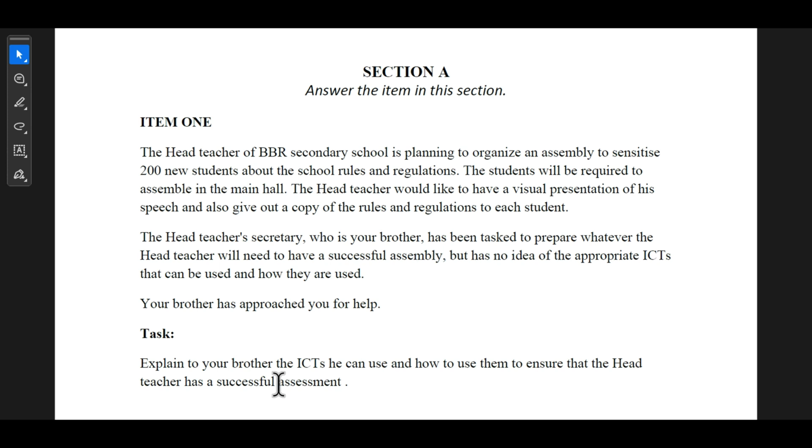Now this is supposed to be assembly, not assessment. So you can correct that. Yes, it's assembly, not assessment. Yeah, so here we have our item,